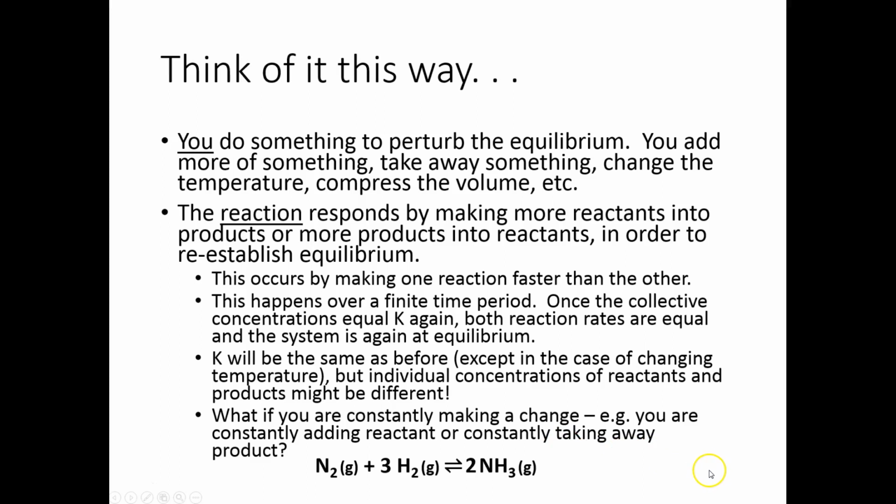Please let me know if you have further questions. The more specific you can be about your questions about Le Chatelier's principle, the better I can help you answer them. And I know that sometimes if you're really confused, you don't even know what questions you have. So my goal with this is to help you ask a more specific